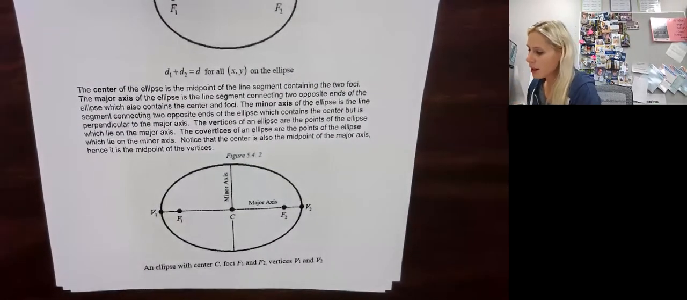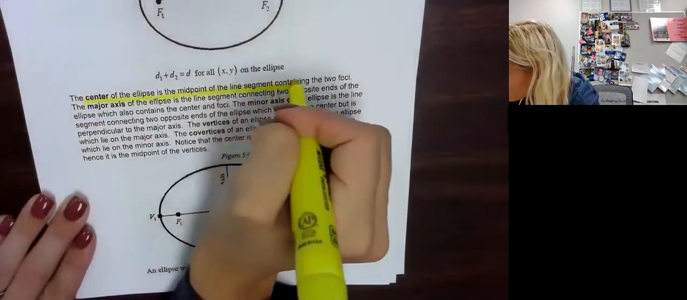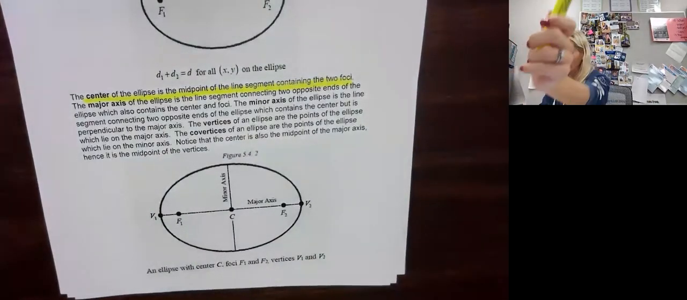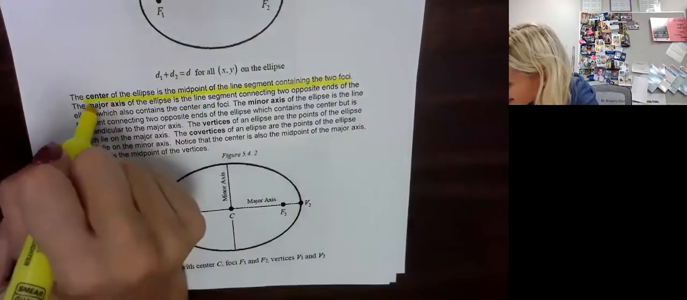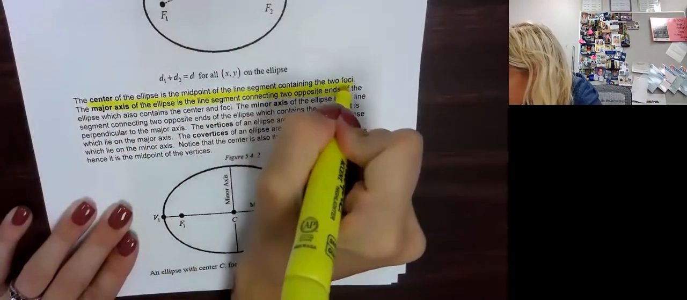The center of the ellipse is the midpoint of the line segment containing the 2 foci. The major axis of the ellipse is the line segment connecting,